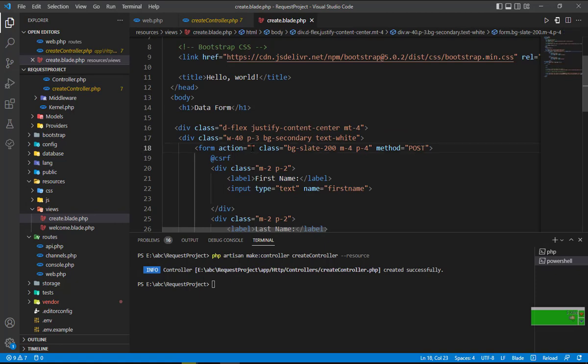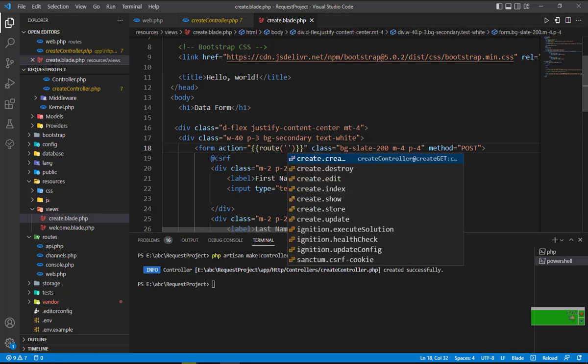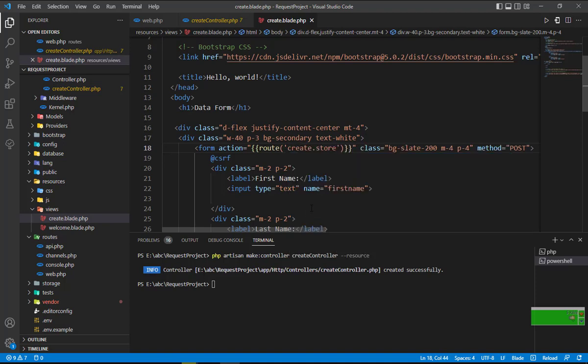I say here route, and in the parentheses I call the create route, for example store. I go back to the